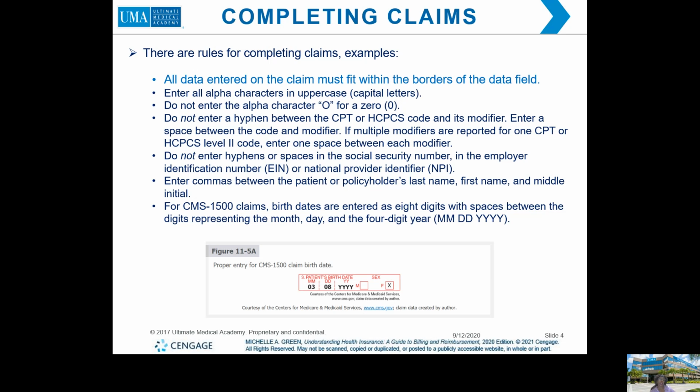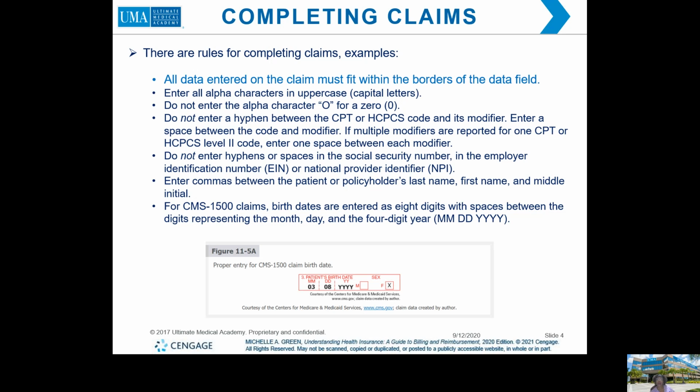If you're putting it on the CMS 1500, you can't put a hyphen. You would have to leave a space for it. Like when you're writing your social security number, you usually write XXX hyphen XX hyphen XXXX. Well, the rules say you don't use hyphens or spaces